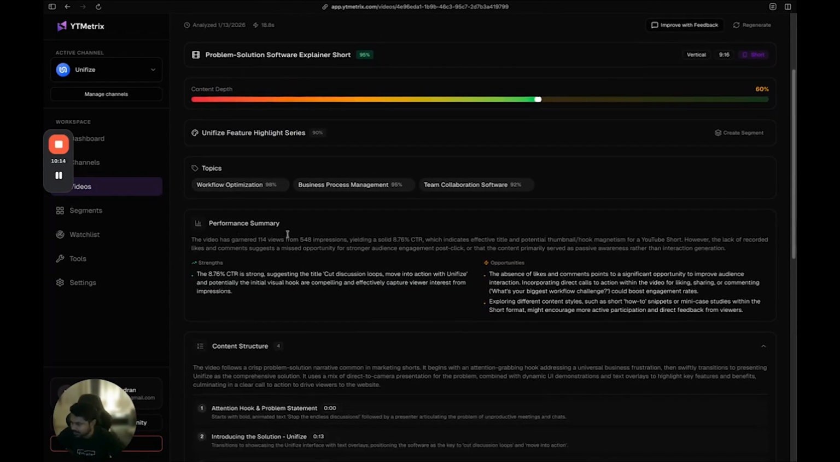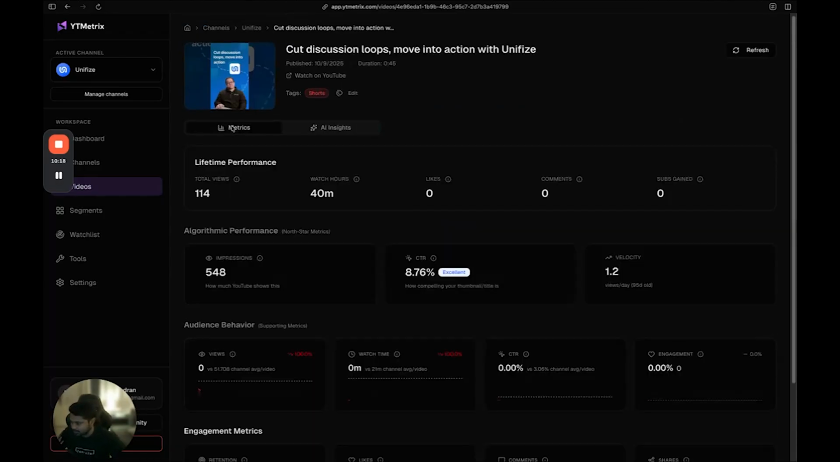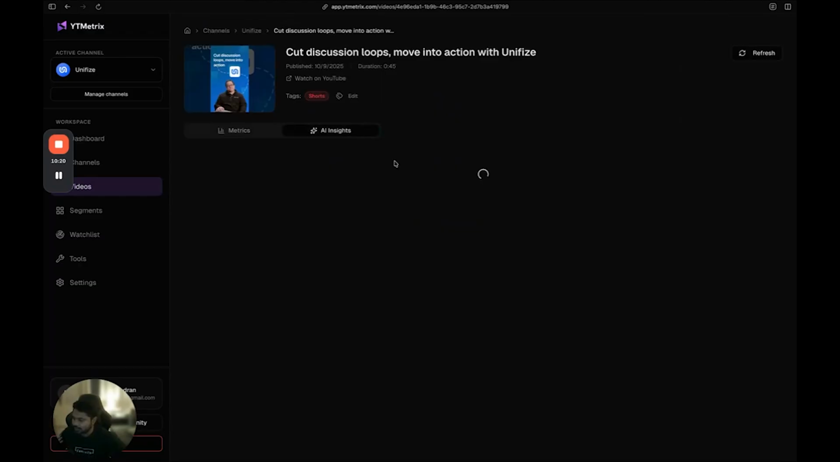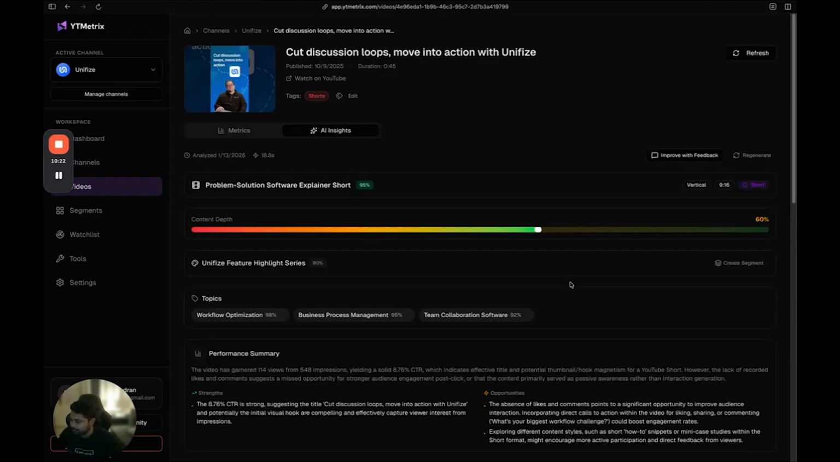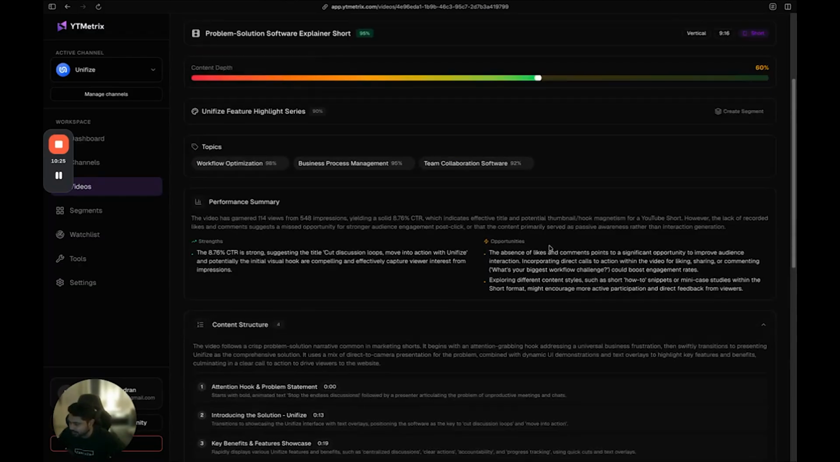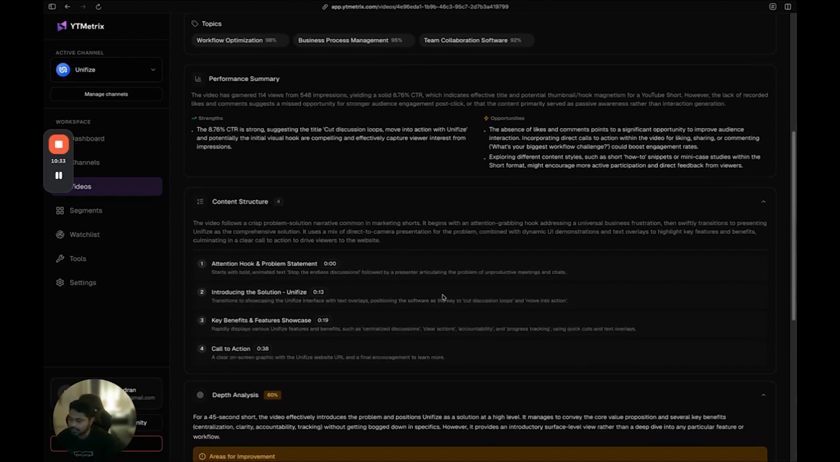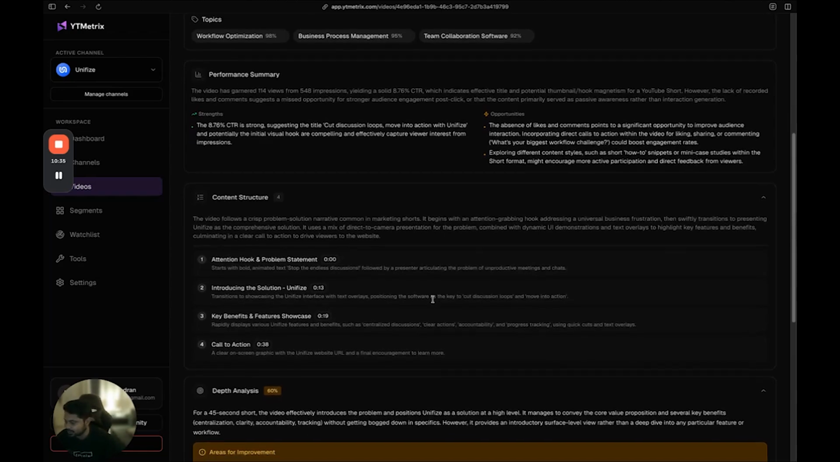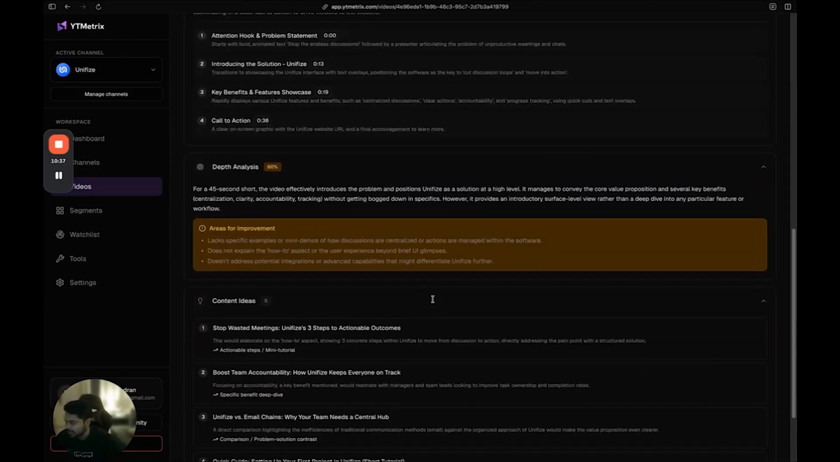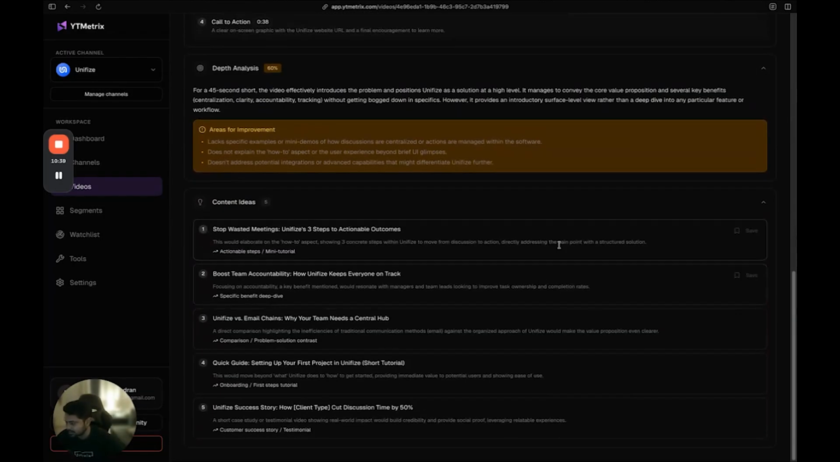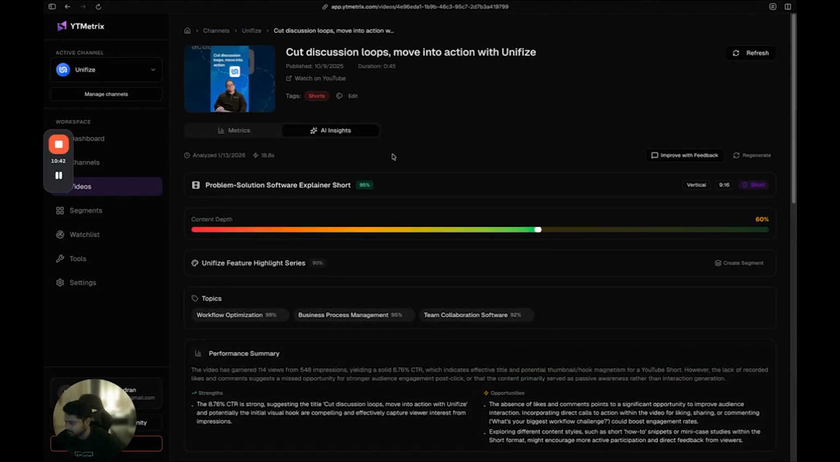The performance summary is there, which takes into account the quantitative numbers, how this particular video has performed, and then it tells you what you need to do better, where the opportunities are, and where the strengths are. And it also outlines the content structure. So this is how your AI model knows exactly what content we are talking about. And then it shows depth analysis and content areas, everything that you can pretty much use, just like I showed